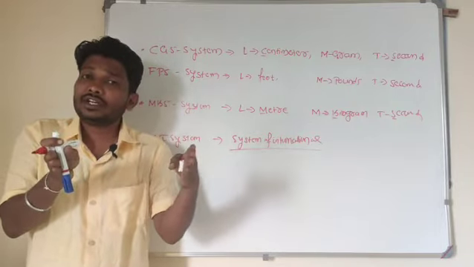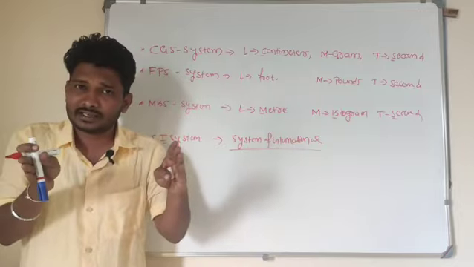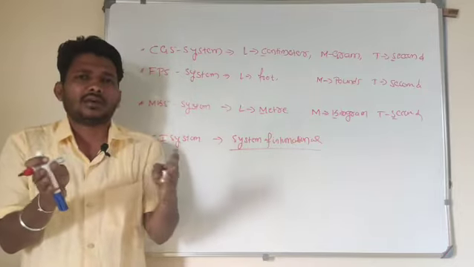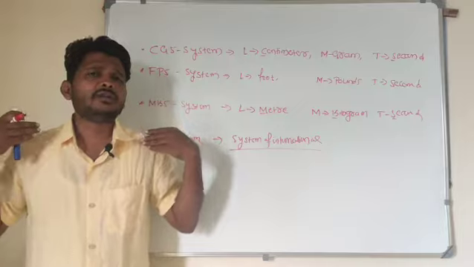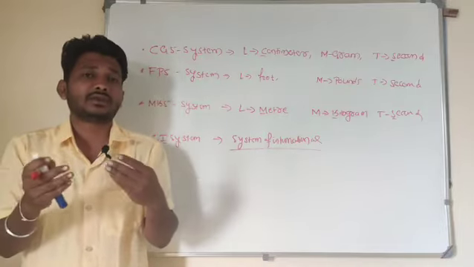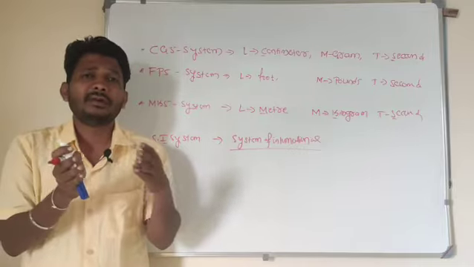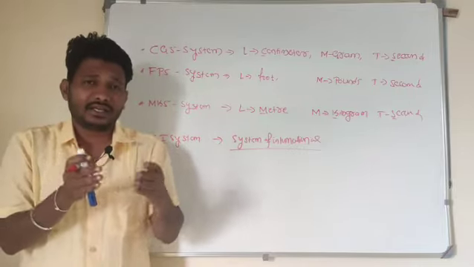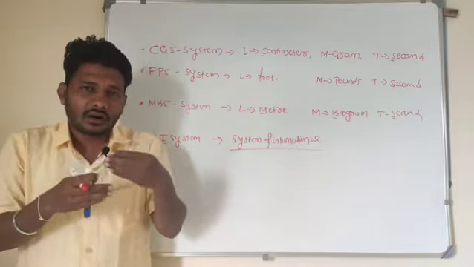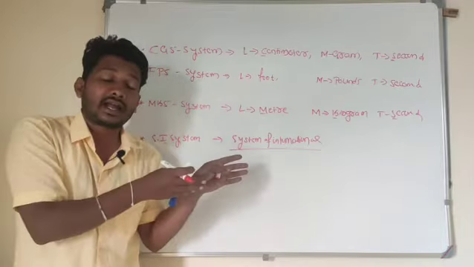So if you change the unit, the quantity will not change. It is for our convenience. For example, I will walk 1 kilometer. It's simple to say. I may not say I will walk 1000 meters. Why? Because it is impractical. So for our convenience, we are using these kinds of systems here.